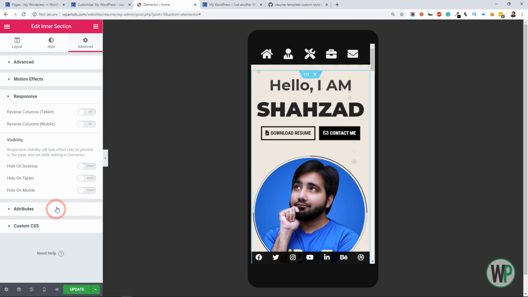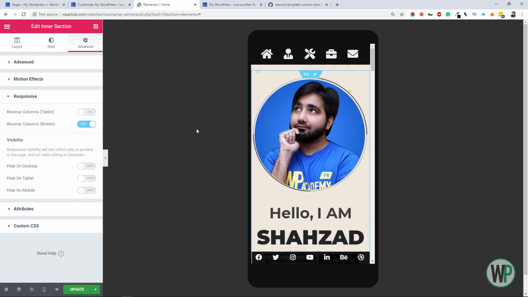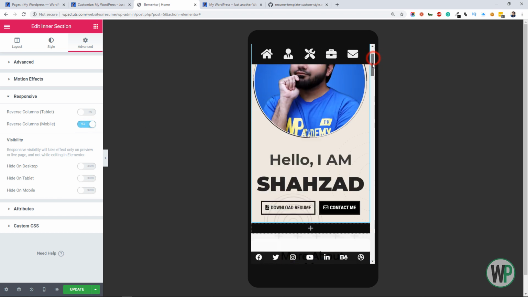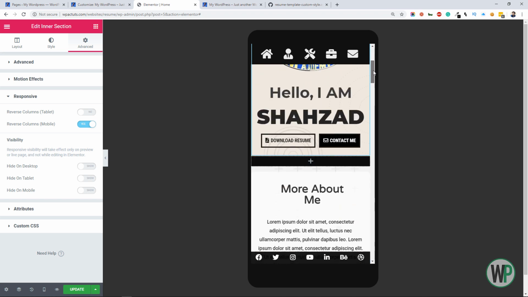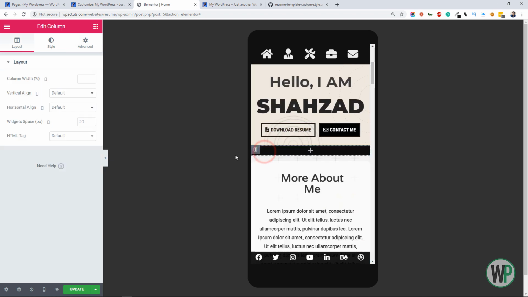You can hide some sections on mobile screens, like the left and right column we gave to the sections. We will hide them for the mobile screen.